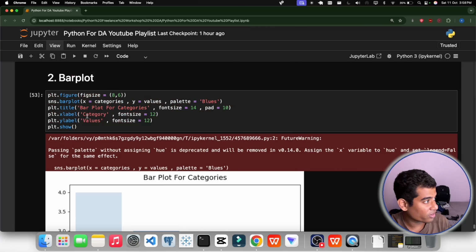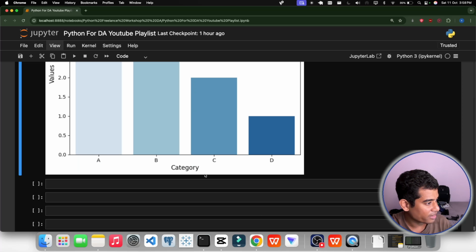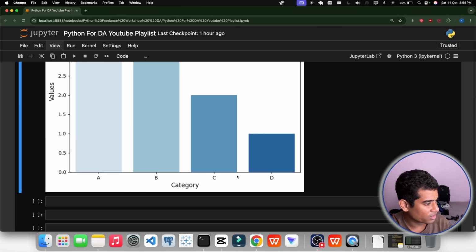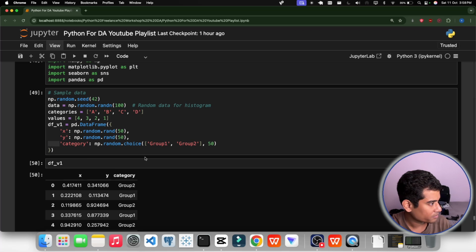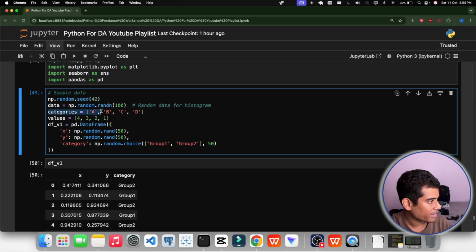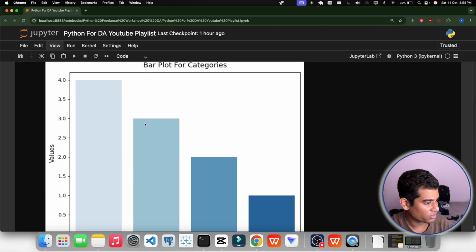So this is the bar plot for categories, this is what I have written. Values and category. Okay? Category, it is ABCD. If you go to the starting part of it, you can see categories ABCD, values 1, 2, 3, 4, right? This is why I am telling you to have a look at the first video. You will be able to understand it. But still, no worries. You can ask doubts in the comment section as well as in my daily live stream, right? So this is all about it.